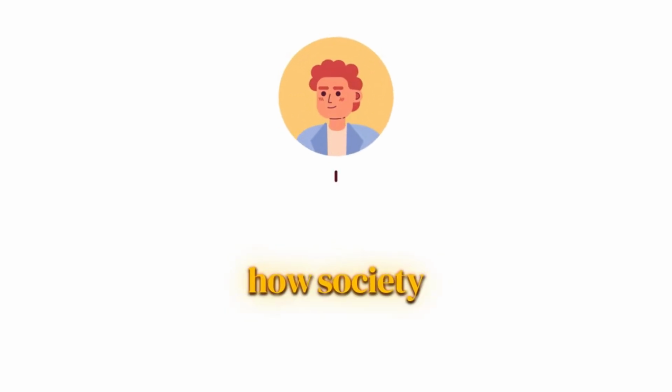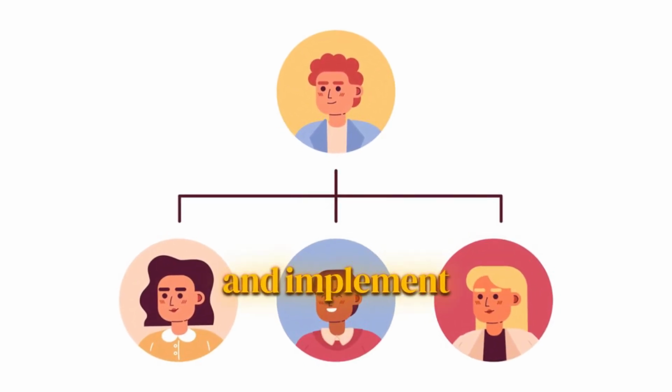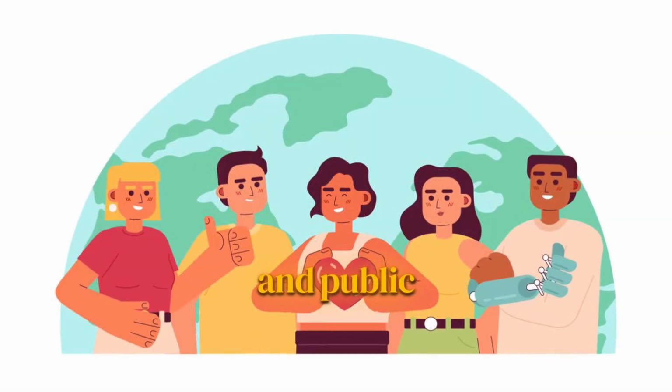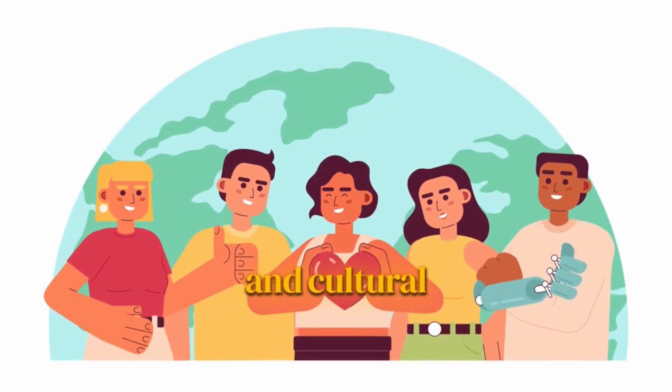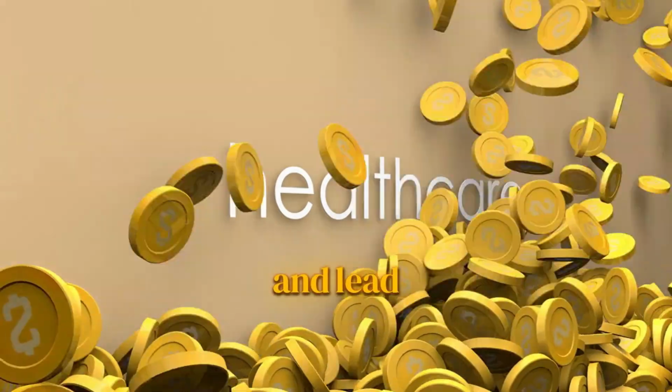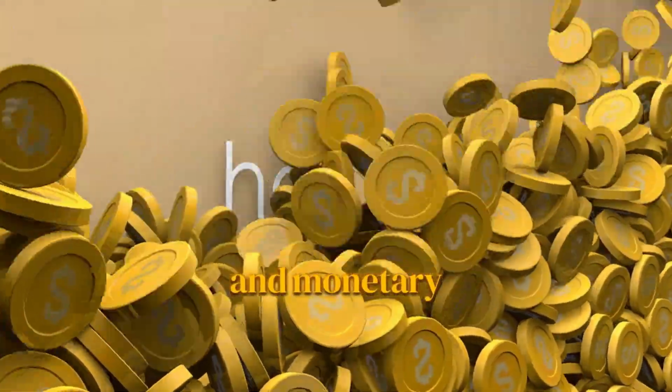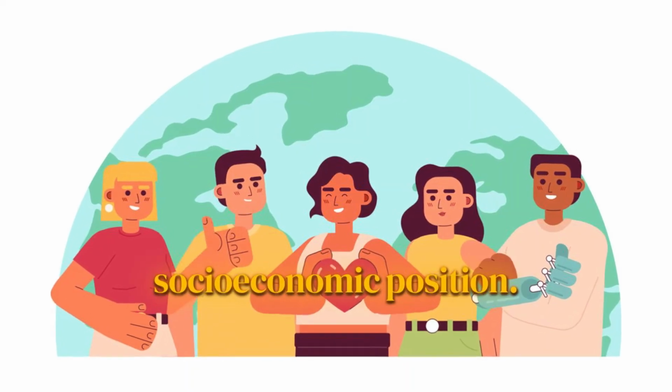These include governance, how society organizes itself to make and implement decisions, economic, social, and public policies, and also the social and cultural values that communities place on health. These factors can determine and lead to the unequal distribution of material and monetary resources, which shapes a person's socioeconomic